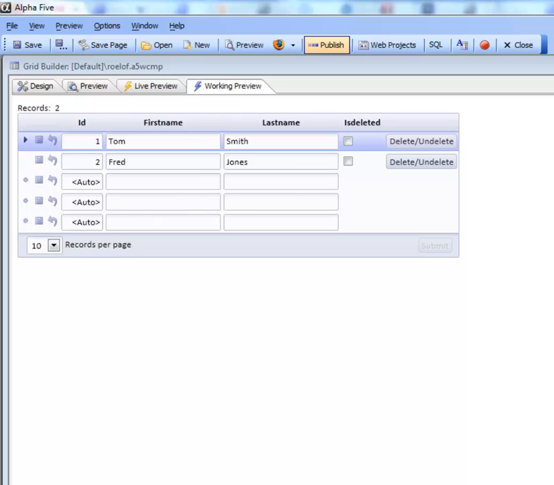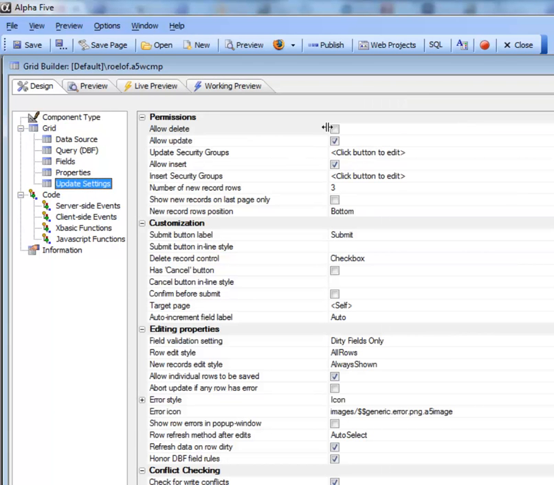It could be a binary field or a logical field, or a bit field. And you want to display the field on the grid as a checkbox control. So you can see here's our grid, and we have a very simple grid with first name, last name, and then we have this logical field called isDeleted. And what we've done in the grid is, even though the grid is updatable, we've turned off the ability to actually delete records by going to update settings and unchecking delete. So deletes are not allowed from this